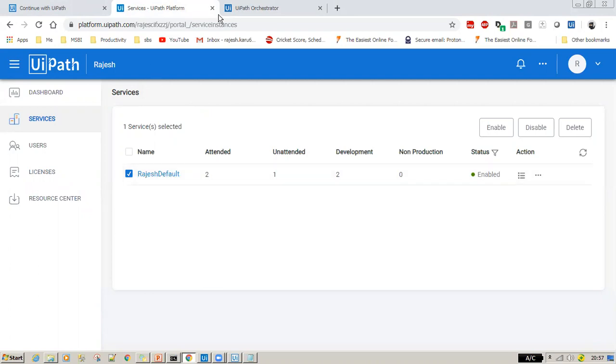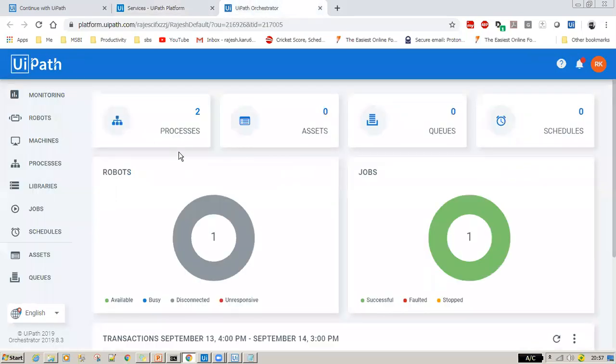As a developer, just make sure you are aware of where we are landing and what these pages are. By default, once you log into your development Orchestrator URL, this is the landing page you see. For practice I showed you how to create the service and where we land. The admin team takes care of all of that.